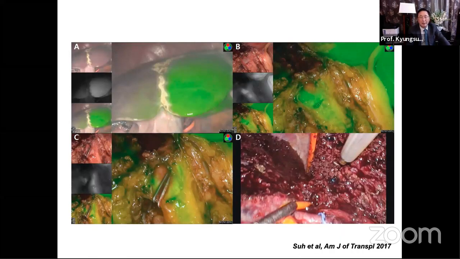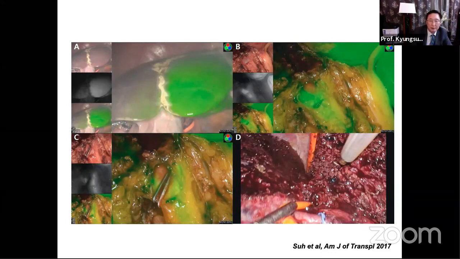Also, we can demarcate the liver segment with the ICG. We temporarily occlude the right hepatic artery and portal vein, and then inject the ICG dye, and then we can see the left liver. You can see the demarcation very well. It is very important for the surgeon to do an exact lobectomy. After that, the ICG is excreted through the bile, so you can see the bile, which is a kind of ICG cholangiography. We can do that, and it is very useful to find the right hepatic or left hepatic duct during